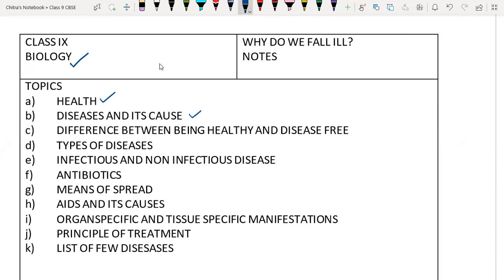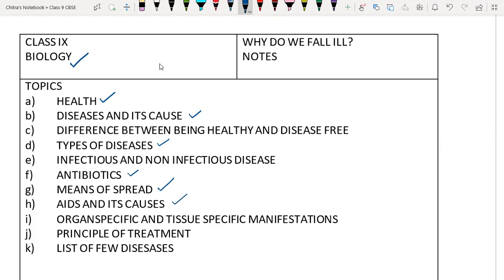healthy and disease-free. Then the types of disease we will cover here, like infectious and non-infectious disease, we will discuss in detail. And then we will discuss antibiotics, then the means of spread of diseases, then AIDS and its causes, then we will discuss organ-specific